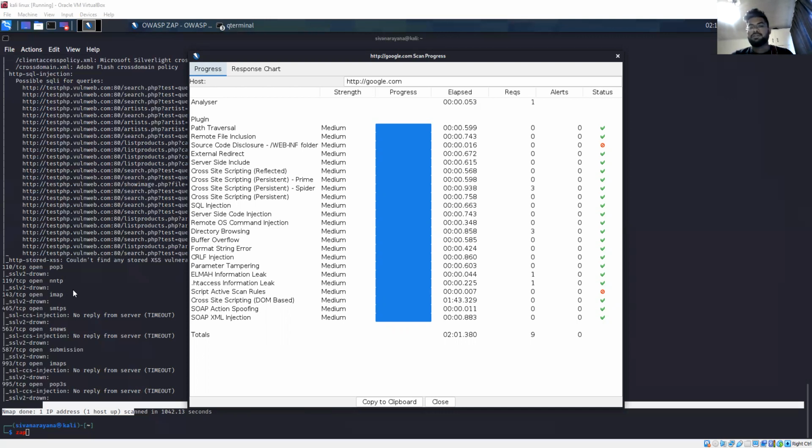ZAP is free and open source, and both are free and open source. It is a penetration testing tool where you can attack and get results showing which website is weak and which has low security and low reliability, low and high weaknesses.